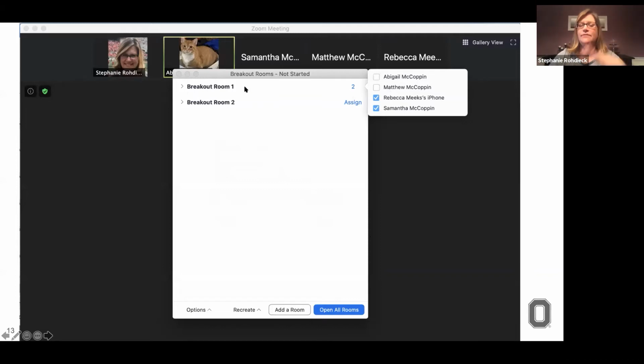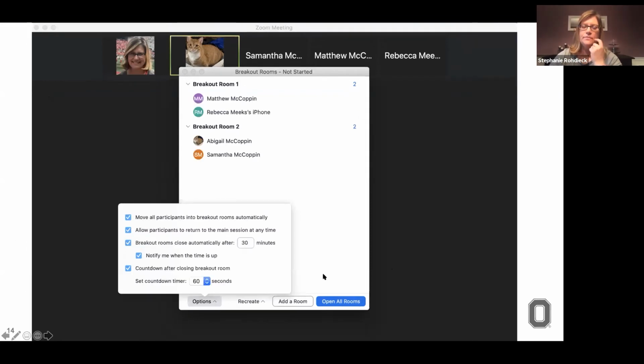There's also, not in this screenshot, but when you're actually in it, right next to the breakout rooms, once you assign them, you can also rename the groups. So if you want the groups to be called something besides Breakout Room 1, that's where you would do that. And you can add more rooms down here. If I said I want 2 groups, but now I want 3, you just click the add a room button down below. So these are all 4 of my students assigned, and whether you're doing automatically or manual, that's what it will look like.